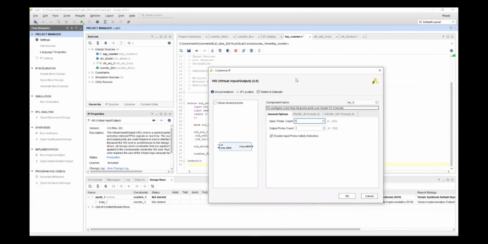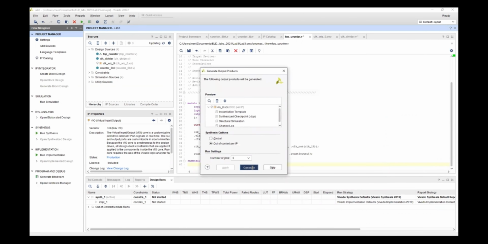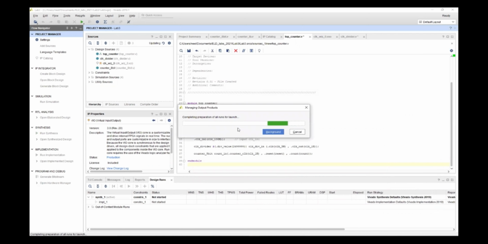So we only need 1 output and 1 input, but we need to make sure that the input probe is of width 8. So we need to generate the VIO IP.